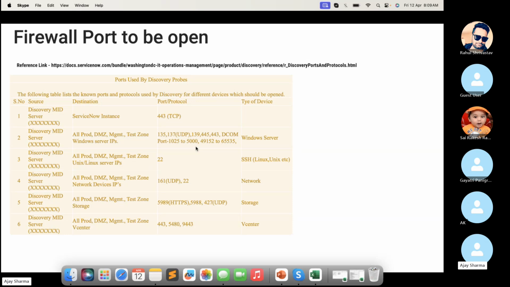If the DCOM ports are not opened, most of the time when we run discovery we do not see an issue related to the port specifically, but we definitely see an issue related to authentication failure or no access. So that is the reason we are mentioning here that